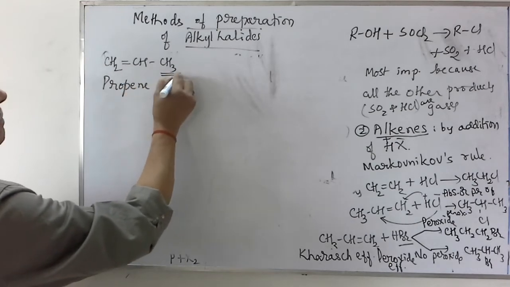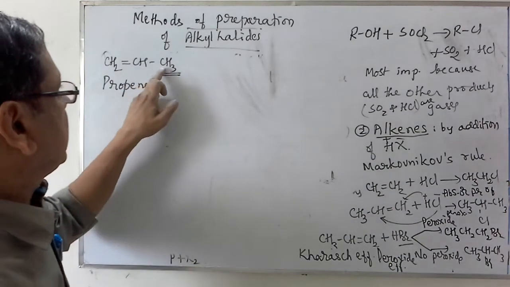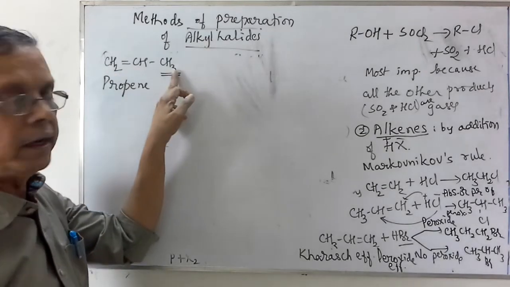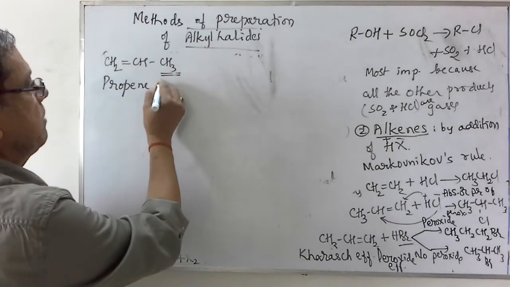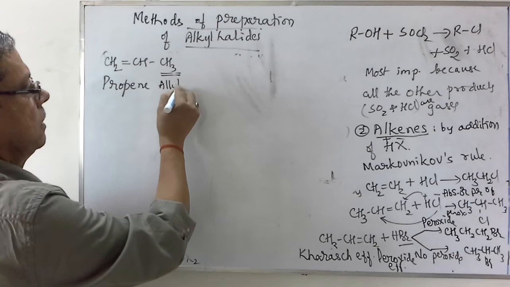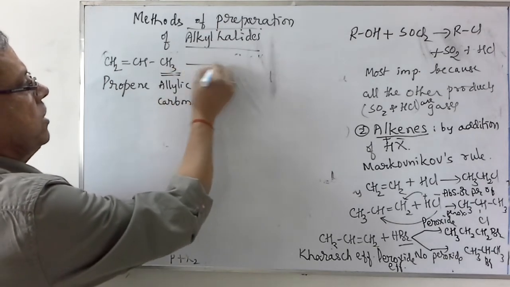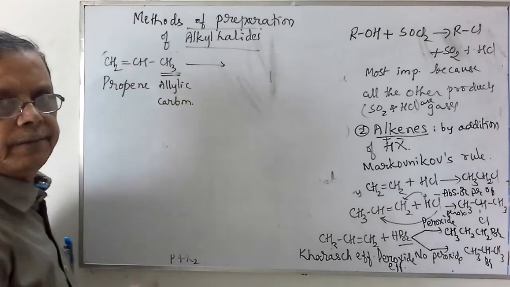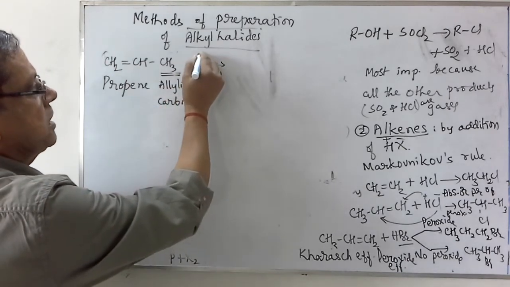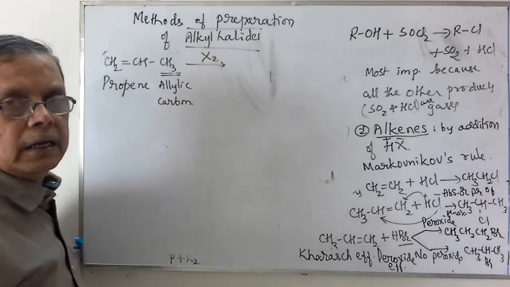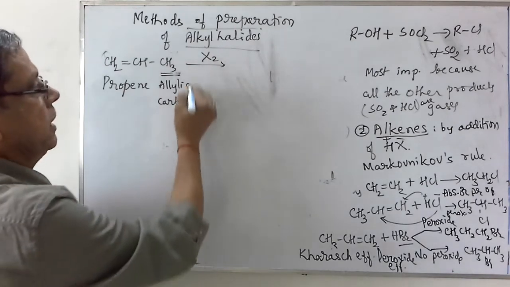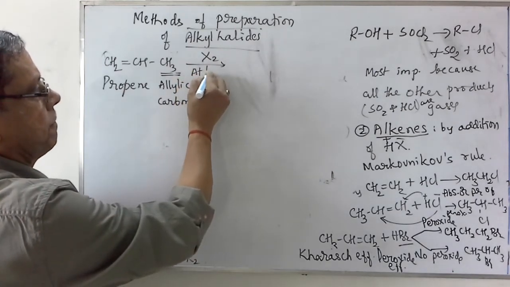This carbon atom, which is present adjacent to the carbon-carbon double bond, this type of carbon is named as the allylic carbon atom. To carry out the halogenation in such cases, if you treat with a halogen like chlorine, bromine, iodine at high temperature,